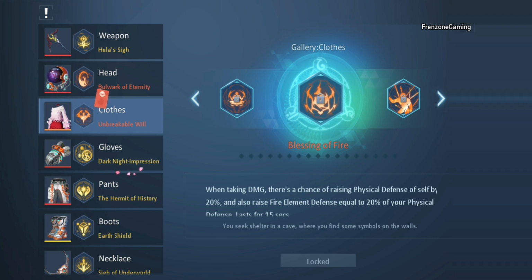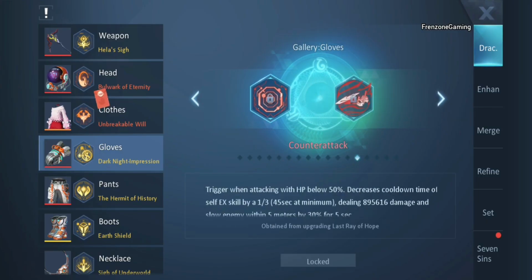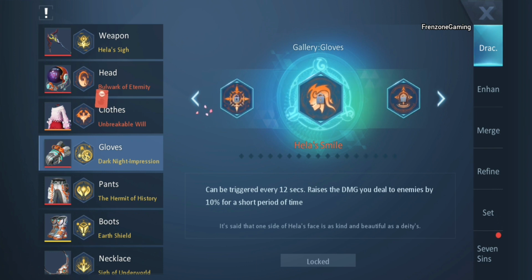Now for the gloves. If we check out the gloves, there are two main Draconics that are very good for the glove drag. I would suggest you have at least one of these drags, and the first one and most important glove Draconic is Hellas Smile. It can be triggered every 12 seconds, and raises the damage you deal by 10% for a short period of time. Now I don't really care how short this period of time is,